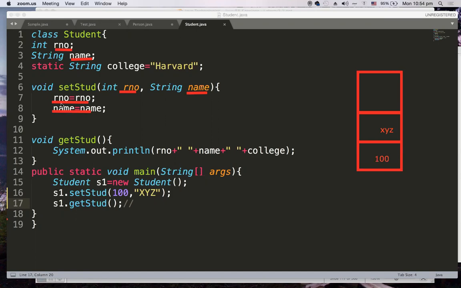So rollNumber equal to rollNumber means the local variable is getting assigned to the same local variable, because by the principle of locality of reference, local variables override the instance members. So in a local block, local variables have their precedence, right? Why would this rollNumber get assigned to some instance member?